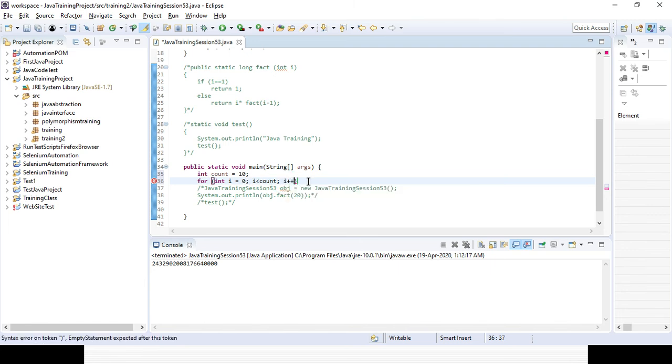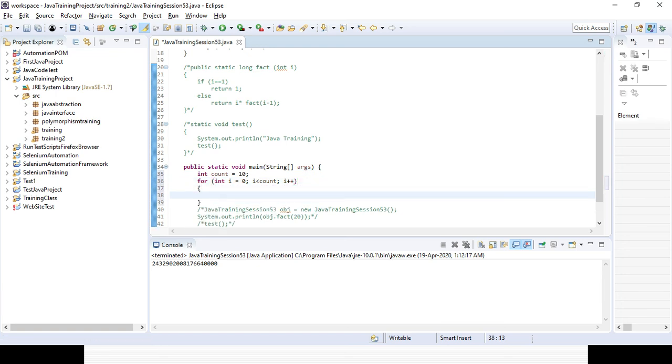Then inside the brackets we print SYSO Fibonacci series fs, passing i, and I want to separate with some spaces. So you can print it out, right?